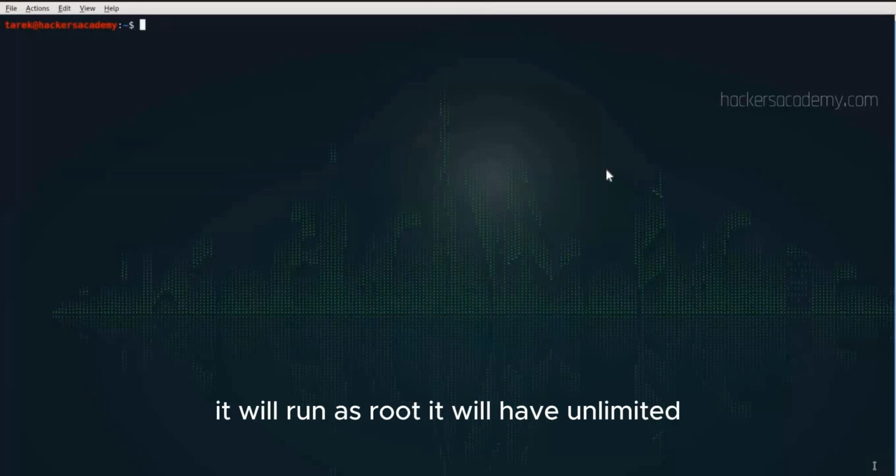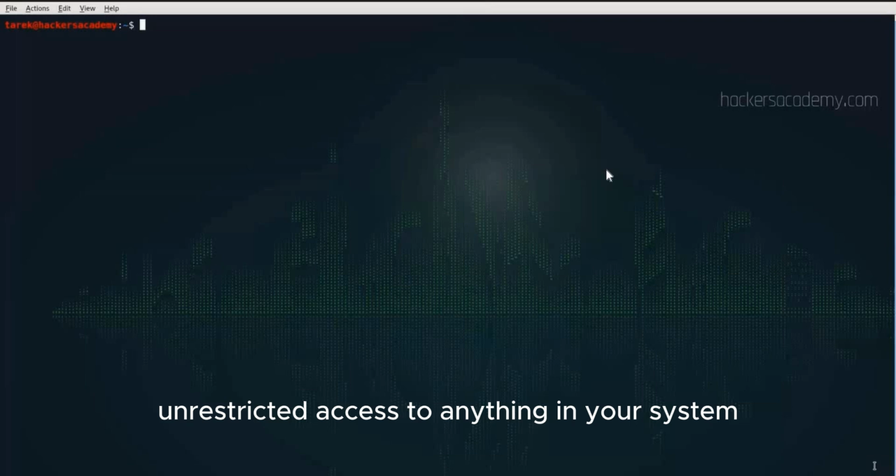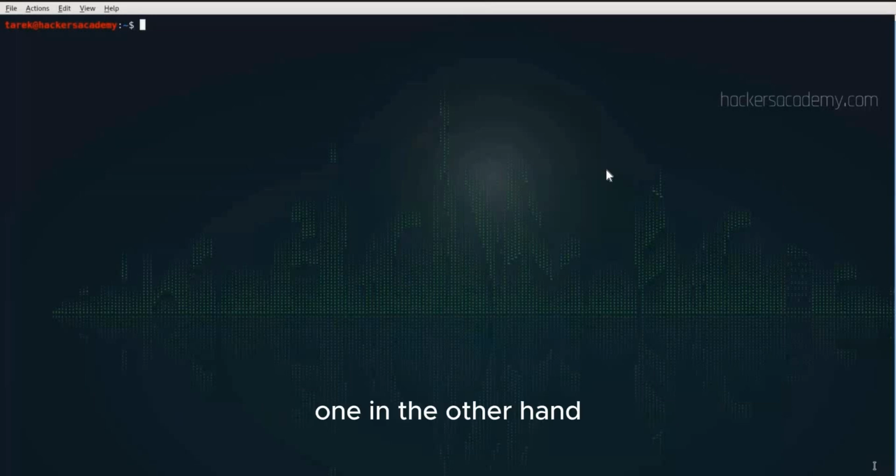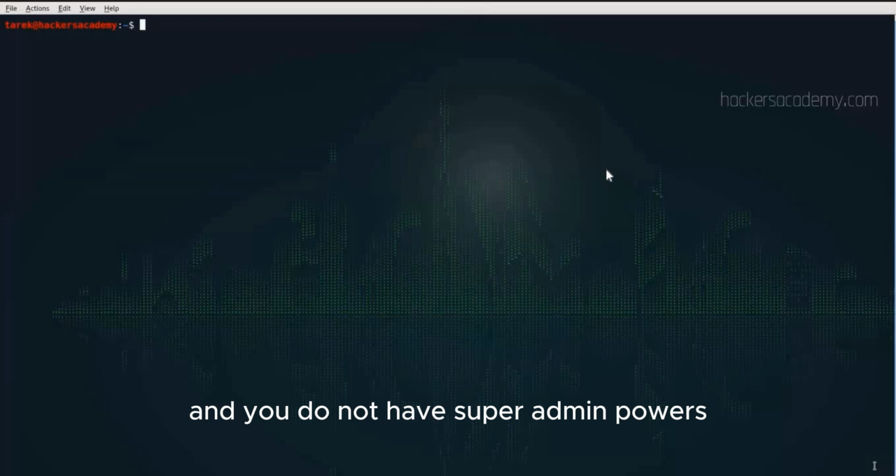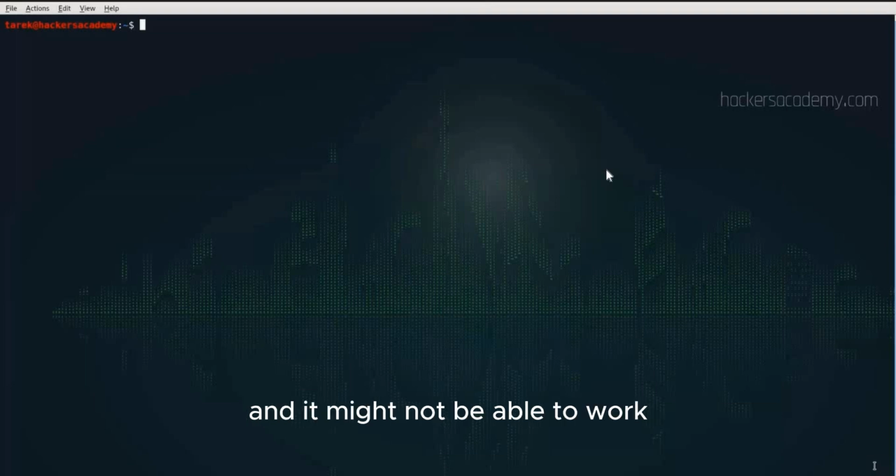It will have unlimited, unrestricted access to anything in your system. While on the other hand, if you are logged in as a regular user and you do not have super admin powers and you run that virus or that malware, it might actually break and it might not be able to work because it does not have access to files and folders that it needs access to.